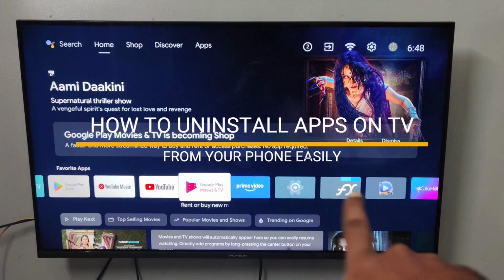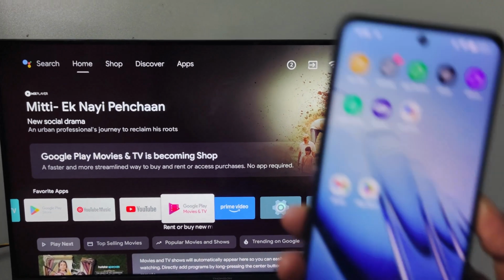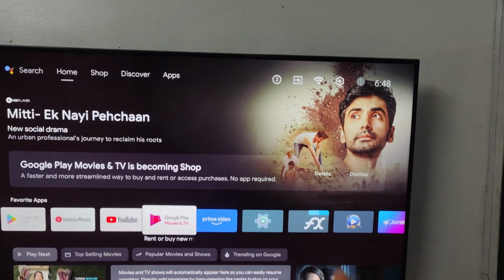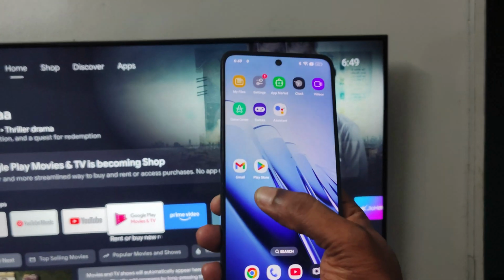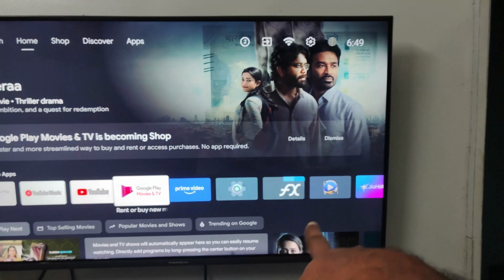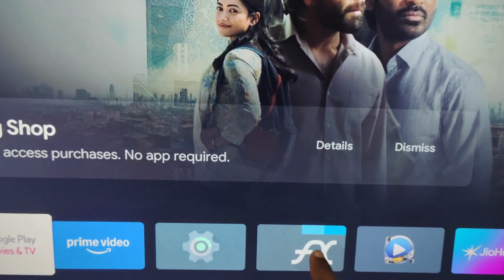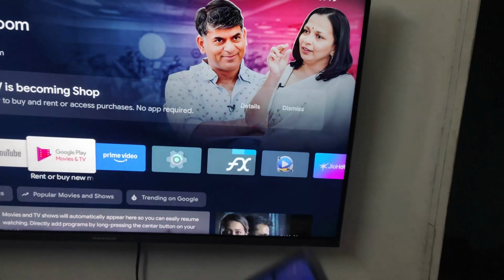Today in this video, I'll tell you how you can uninstall the apps on your TV easily with your phone. So you don't even need to touch the TV remote itself. From your phone on the Play Store, you can uninstall. Means if you uninstall on the Play Store, the app gets uninstalled here. Say for example, in this tutorial, maybe we'll try to uninstall this FX Explorer which is installed on the TV